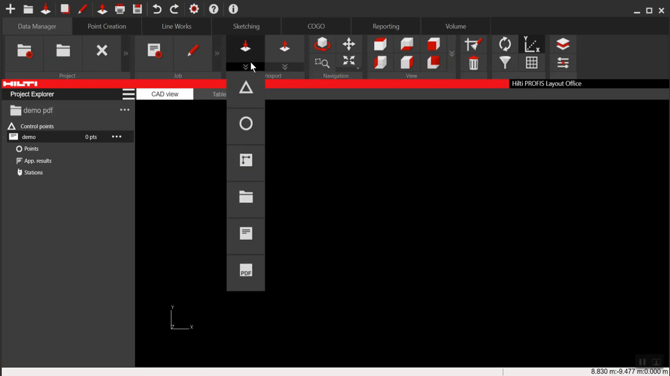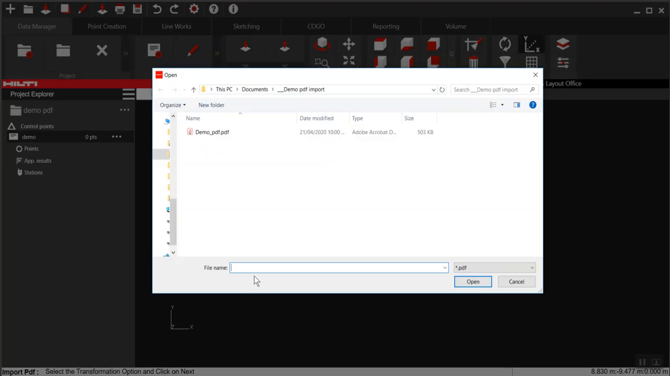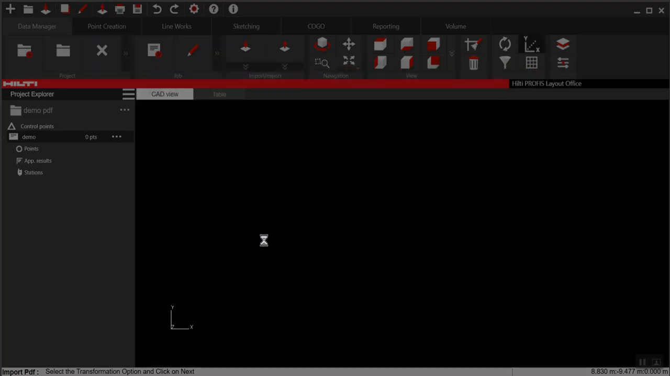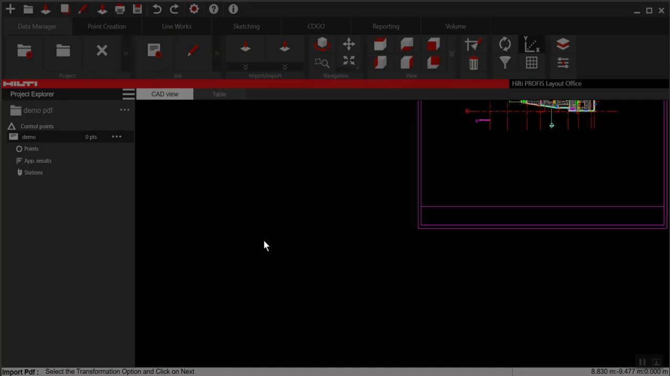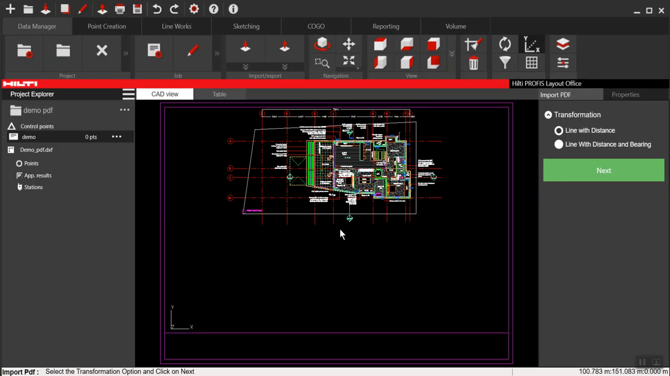And then what you need to do is this little button there, that's the import button. If I click on that, it gives me some options, and what I'm after is the import PDF, and then I'm going to select this particular file here, and now what it'll ask me, because it doesn't know what the dimensions are, it will actually ask me to basically transform this file. And what I need to do is I select the first option there, line with distance. If I hit next,